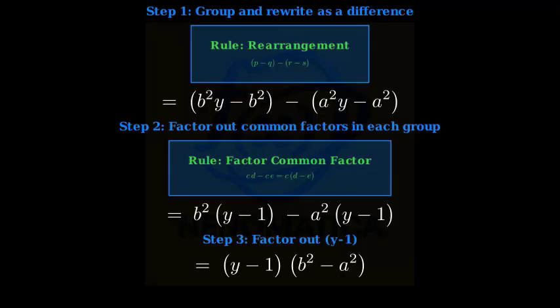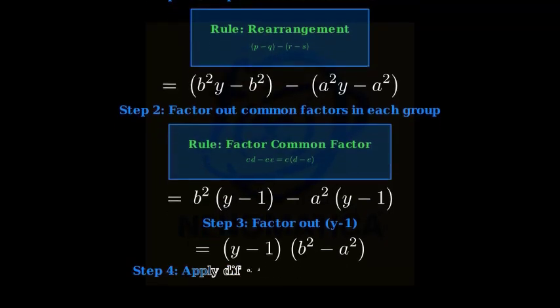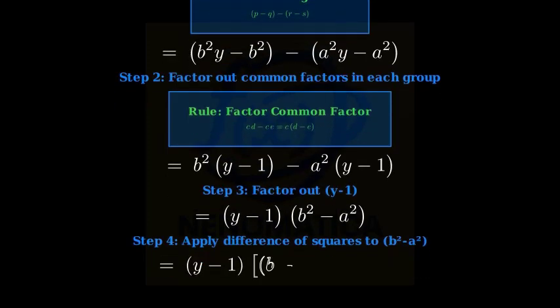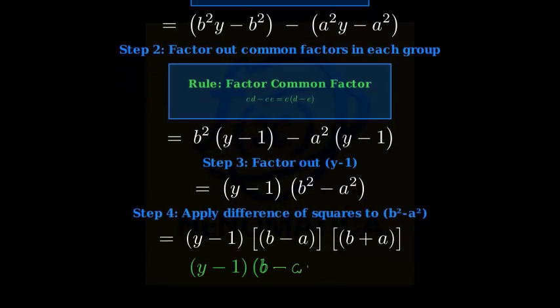Finally, we can recognize that b squared minus a squared is a difference of squares. Applying the difference of squares formula, we get b minus a times b plus a. So our final factored form is y minus 1 times b minus a times b plus a. Let's summarize what we've learned about